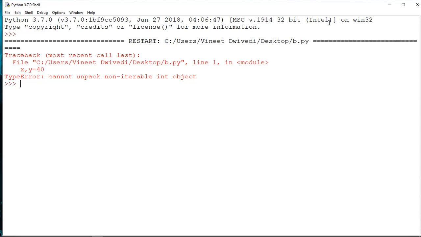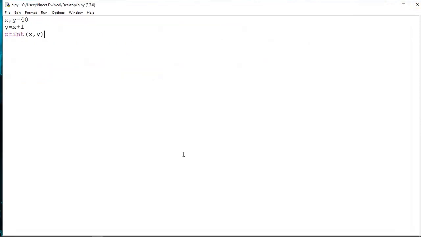So what you are trying to do actually, you have just given x, y = 40, and then in the next line you are writing y = x + 1. So in the first line you have given two values, x and y, with the same pointer variable, that is 40, and in the next line you are writing y = x + 1.